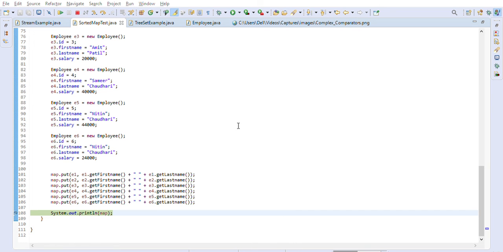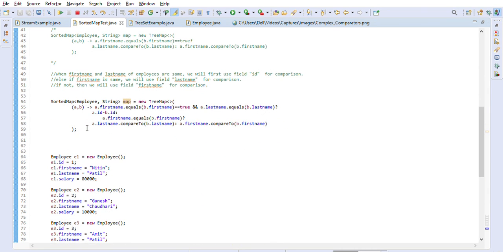Because here the first name and last name of both of these employees are the same, so that's why it has chosen the ID. You can see 5 came first before 6. So that's how we can implement the comparator for the tree map class. This is what I wanted to demonstrate in this session.